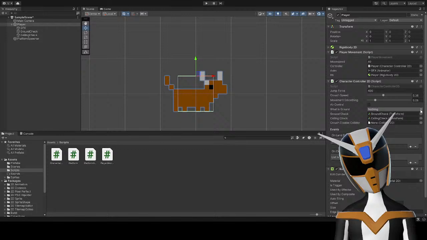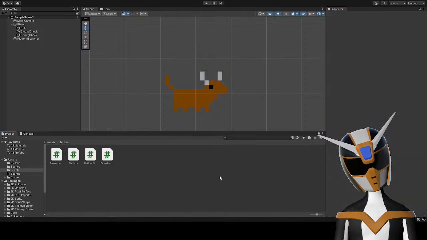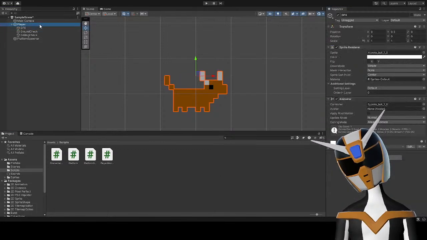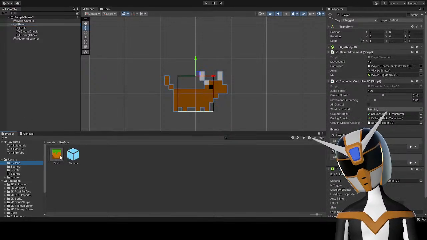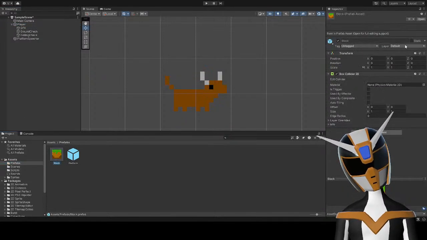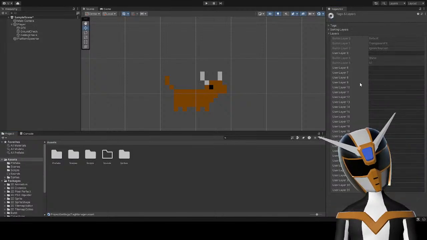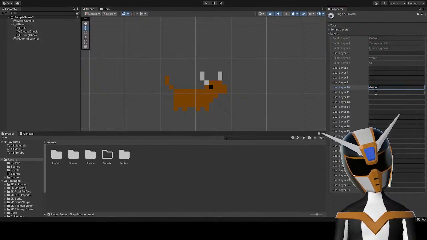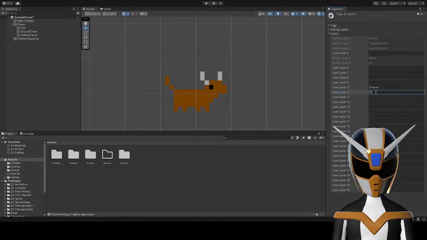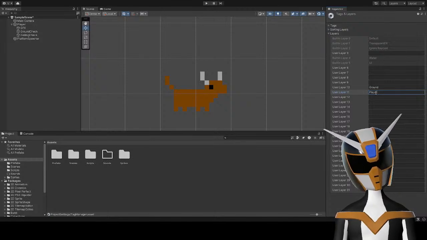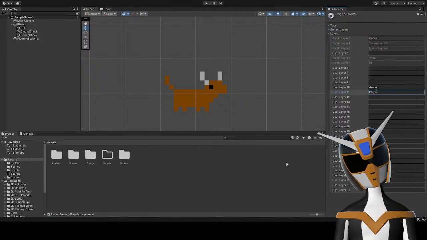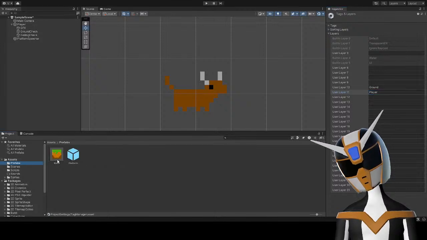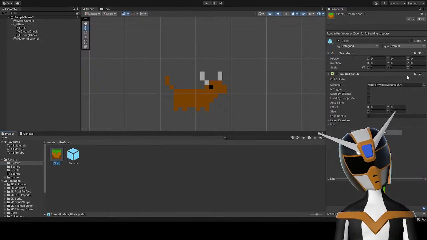So I need a ground tag, or a ground layer. Let's go here. This is my ground. Add layer. Ground. Let's add one for my player as well, while I'm at it. Okay. Now, let's make this into ground.